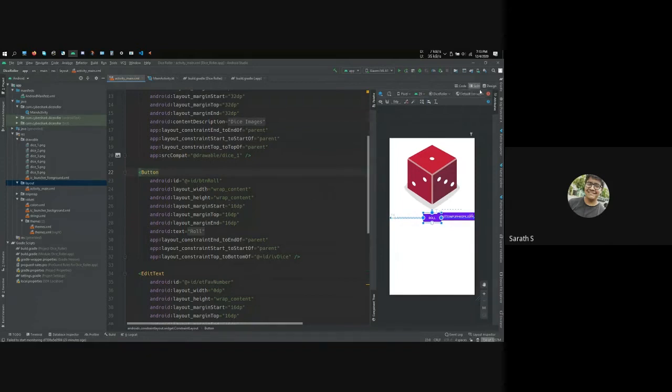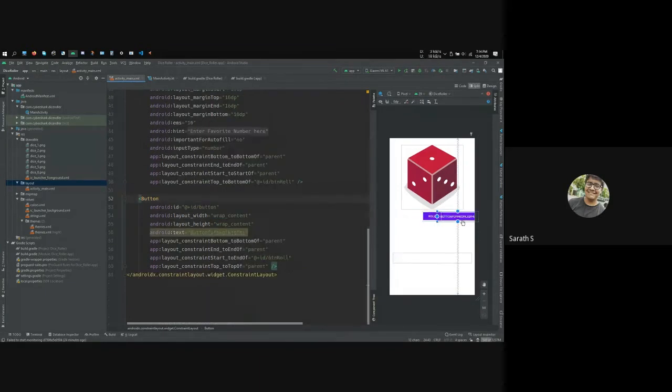The attributes part over here is the same as the attributes part over here. Everything you define, let's say the width of the button, the height of the button, would be in attributes. Here, as you can see, I have mentioned layout width. That basically says what's the width of this button, and then you give it a value, wrap content. Wrap content basically means to take the size of the content that's inside the button. I only have the text here, so it just takes the size of that text. In the new button, I have a longer text, so it just takes the size of the longer text.